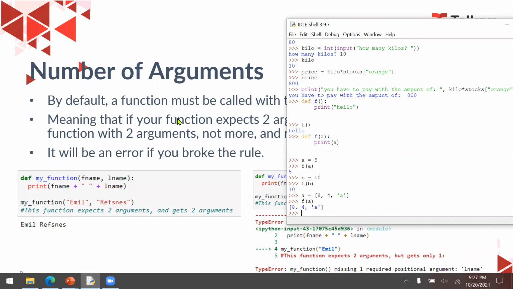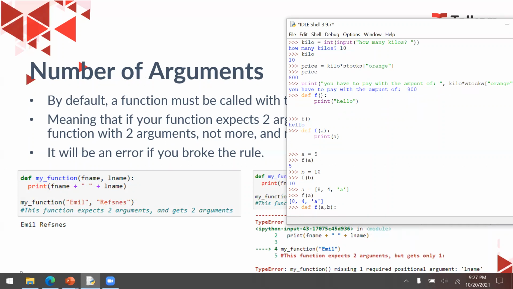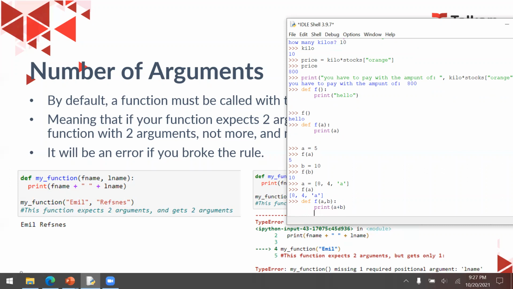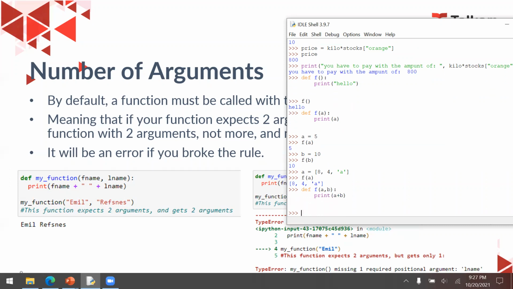Now, let's say I'm going to use a function with several arguments. Let's say I'm going to define function f with a and b. Okay, then let's say I'm going to print a plus b. Now, let's call it f and then 5 and 10.